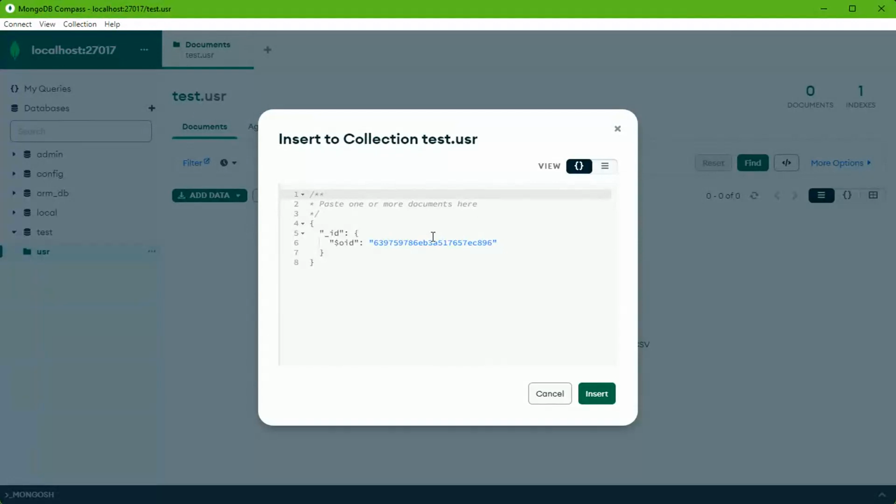Every document in the test.user collection will have an ID, which you have to have in every document. And this ID has to be unique in all of the documents. Is that clear? Every document will have an ID field. It is like a primary key in MySQL. In each collection an ID can occur only once. So ID is a unique number which is present in every document.